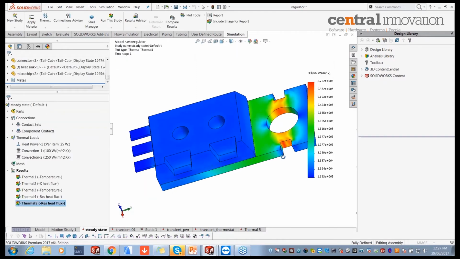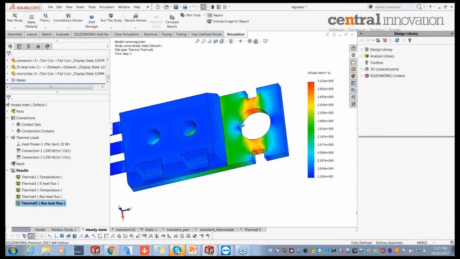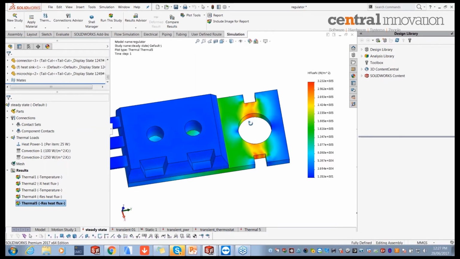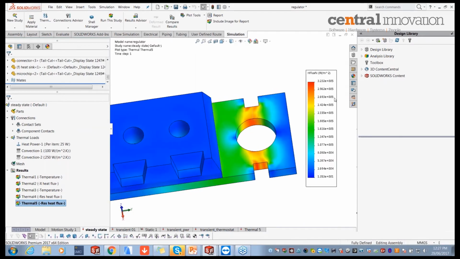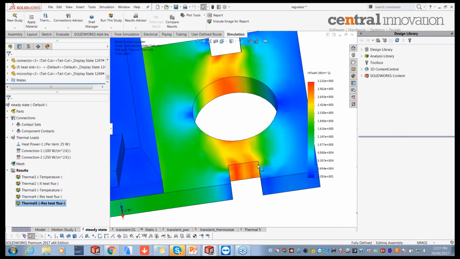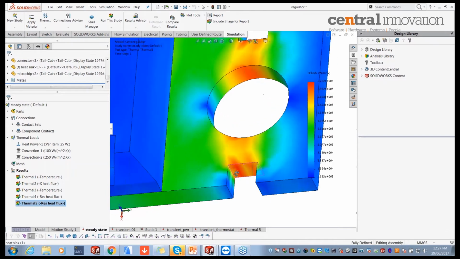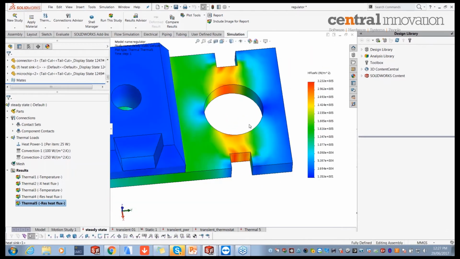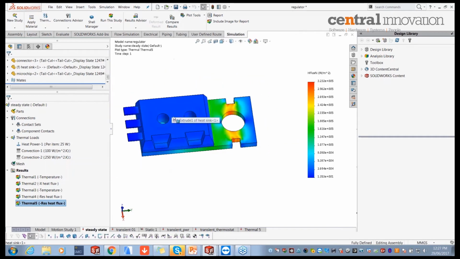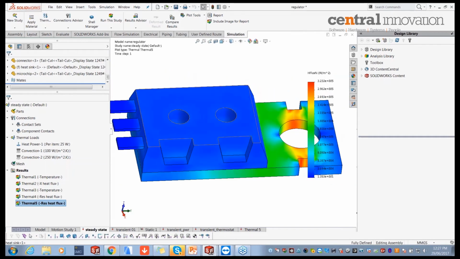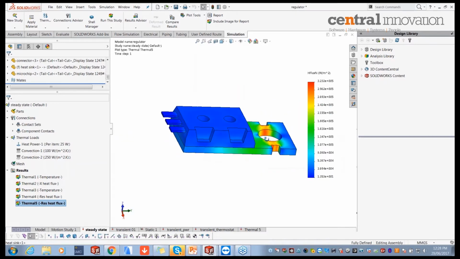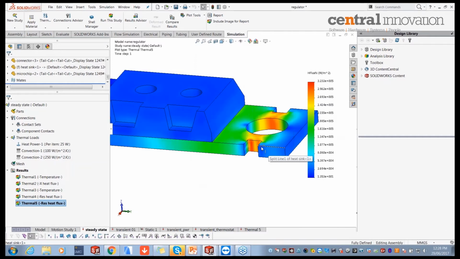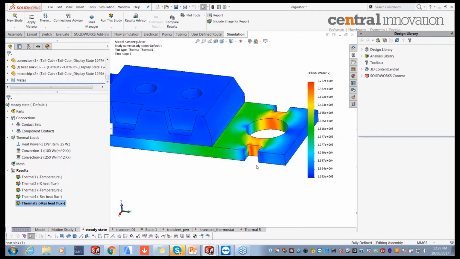It indicates to me which geometries or parts of my model are contributing to the highest amount of heat transfer. From that, I can see these cutouts in the heat sink are the most efficient regions when it comes to transferring the heat out, and I can see there isn't much heat being transferred out from these surfaces of the microchip or the connectors. Right, these are some of the result analysis tools you have under the simulation professional